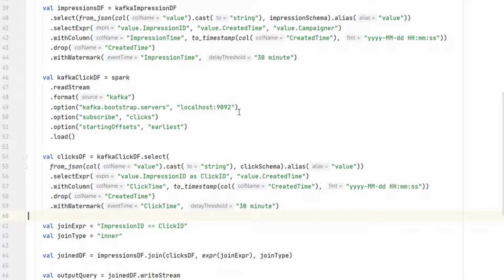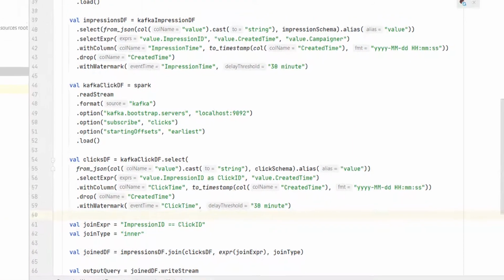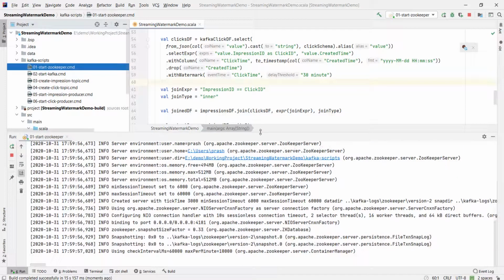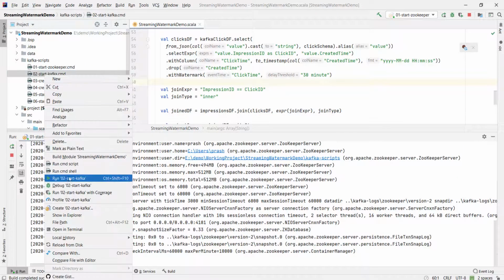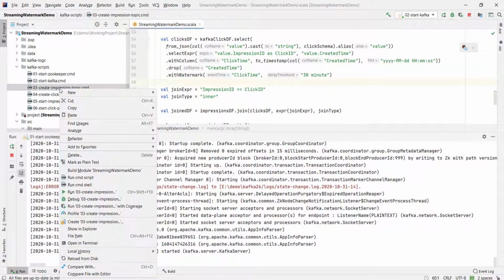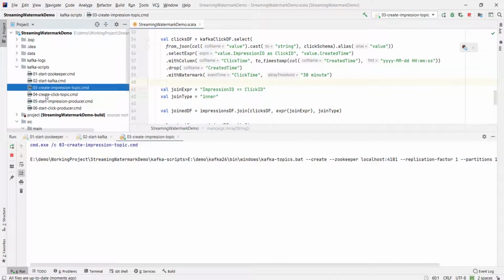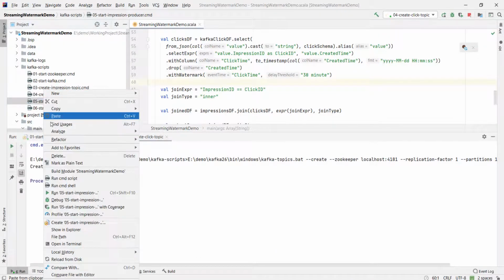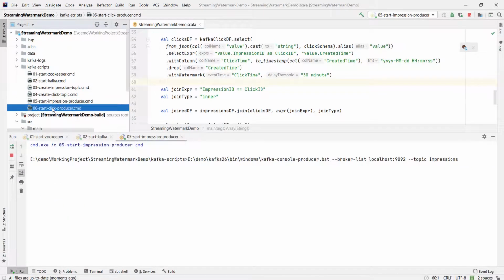Let me run it and show you how this works. I am starting the Kafka services. Great.